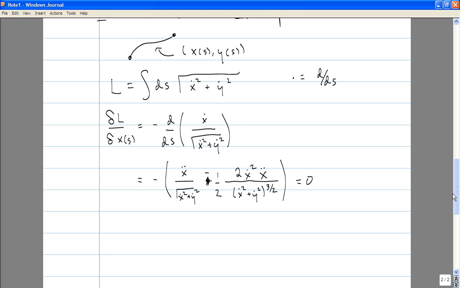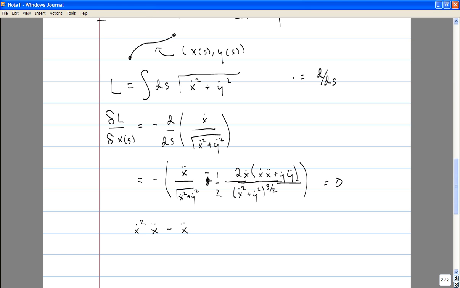So we have x dot squared x double dot minus x double dot. Oh, I'm sorry. You guys should have corrected me because I made a mistake here. There's also x dot times the derivative of x dot squared plus y dot squared with respect to t, which is x dot x double dot plus y dot y double dot. Sorry, this is what happens when I don't look at my notes, and I give a lecture immediately after lunch. Is that clear? Sorry about that.